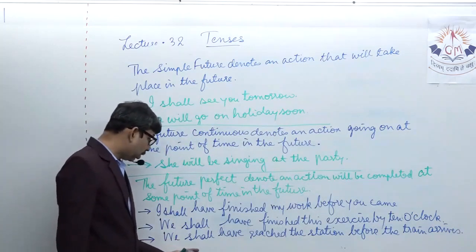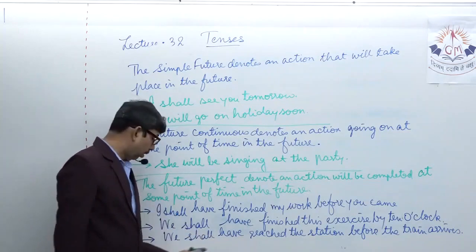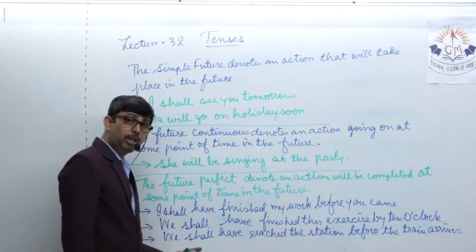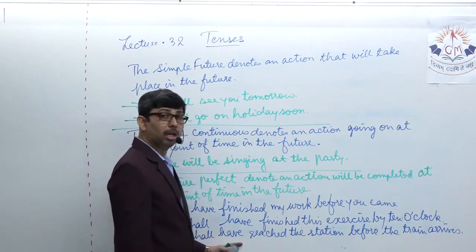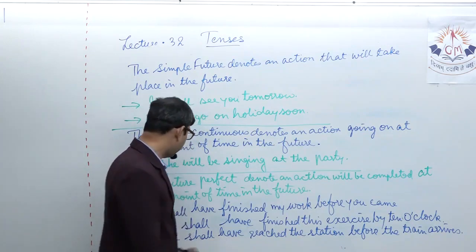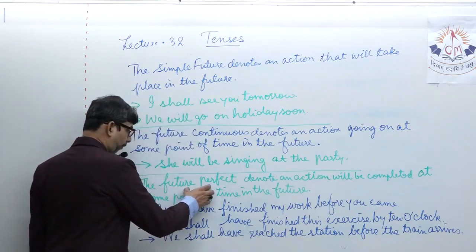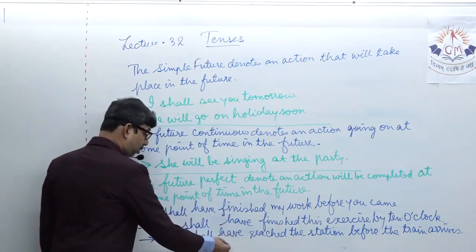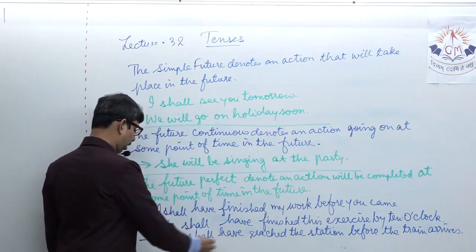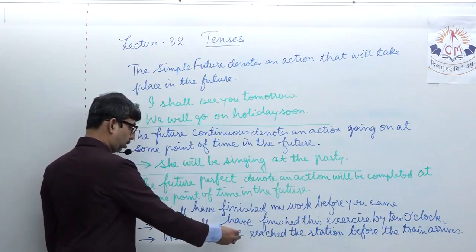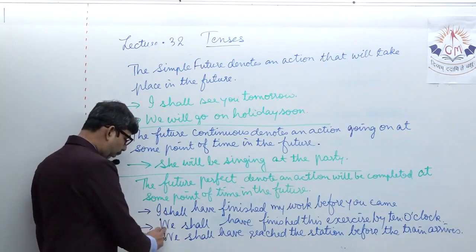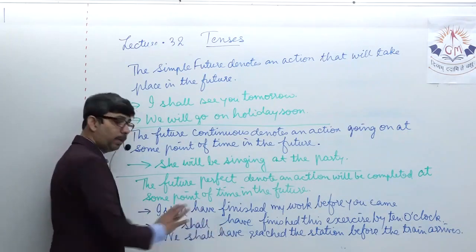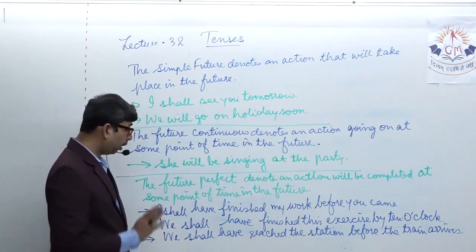Have a look at the words shall have reached. Shall is an auxiliary verb to indicate future, the coming time. Have reached, respectively, we are using the auxiliary verb in the has or have. And make one thing very sure, when we use the future perfect, we don't use has, we only use have over here. We shall have reached. We don't say we shall has reached. Clear? No matter it's I, we, or a singular person, we always use the auxiliary verb have.